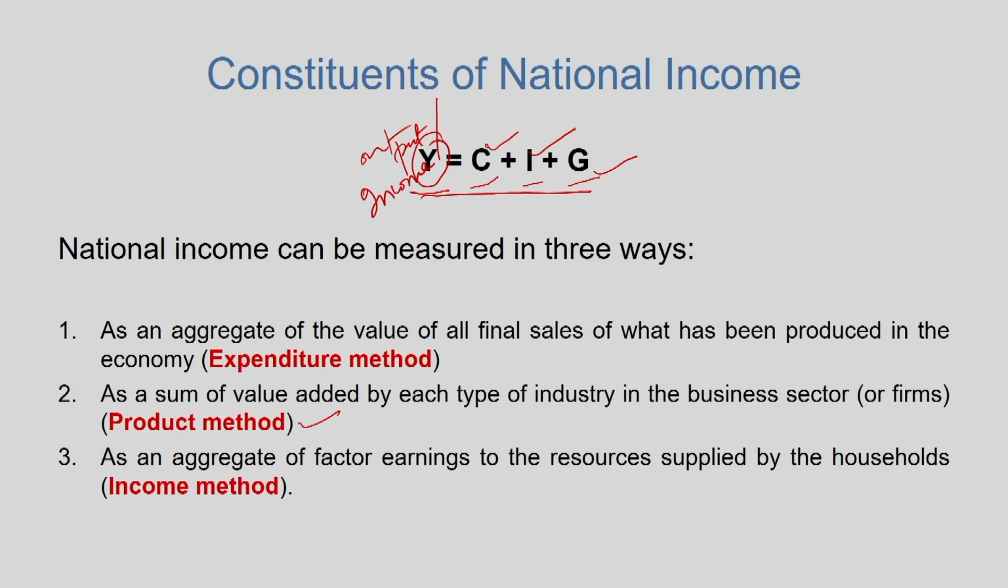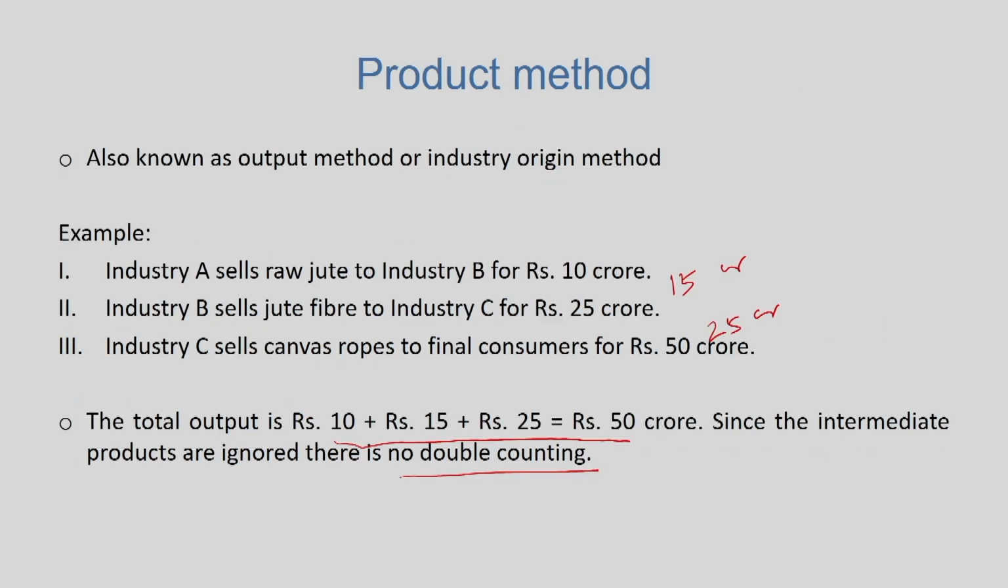So, we have three methods of national income estimation. One is the expenditure method, secondly the product method, and the income method. I started explaining the product method first, in which I took an example of 3 industries, 2 industries producing intermediate goods and 1 industry producing final good. So we looked at how the intermediate products are ignored and there is no double counting. So we are basically adding up the final goods and services, and that is how national income or GNP is